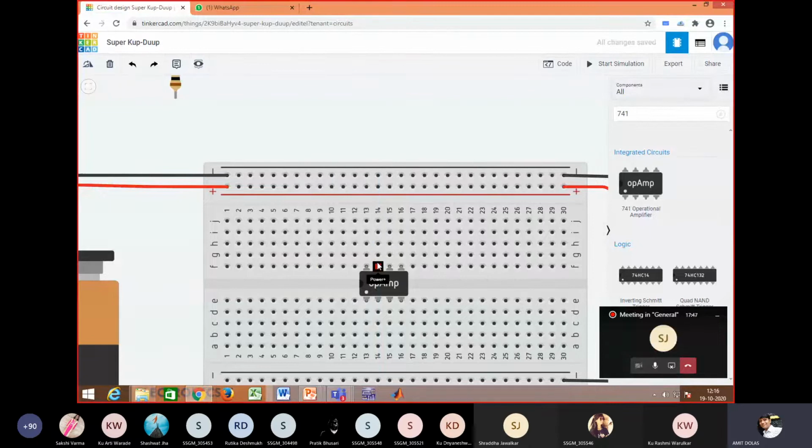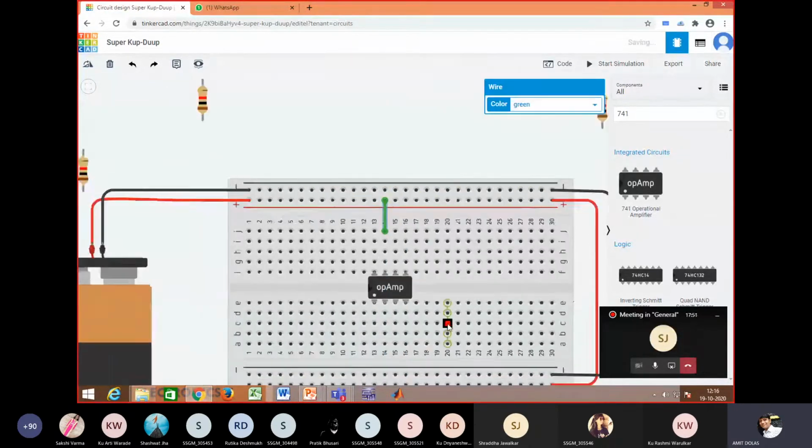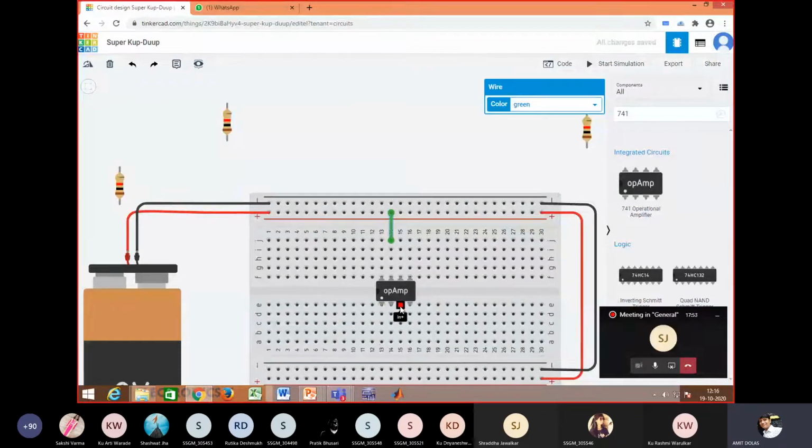These are the vertical shorted. So I'll connect power plus to the plus terminal, and here I'll use pin number 4, which is power minus. I'll connect it to the black. So this one, I'll connect it to the negative. So here it is connected. These are the power connectors. You may again use the same color code, red for plus and black for minus.